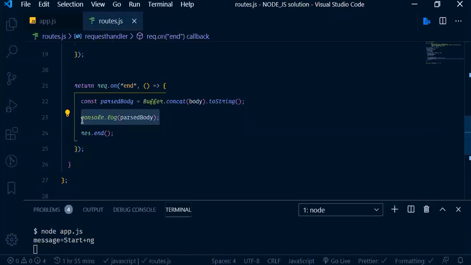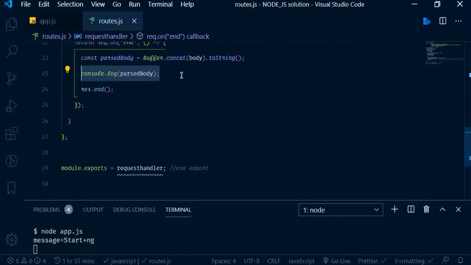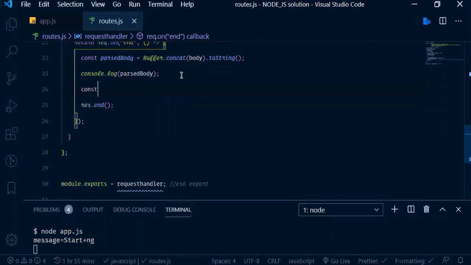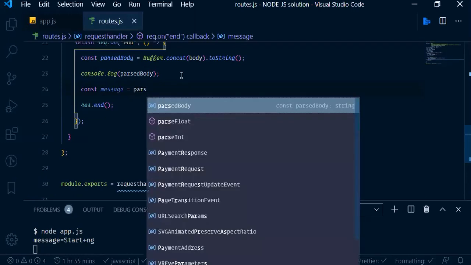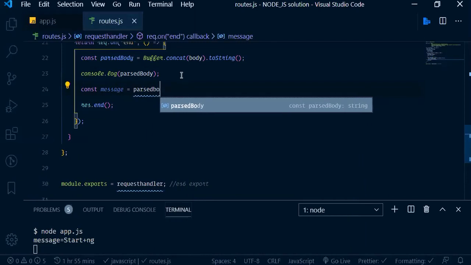But we don't really want a message in this format. We need to parse it, make it look stylish and good. So I'm just going to simply parse it. This might be a little bit advanced, I would say, but I don't want you to get lost. So I'm going to do const message equals to parse body, sorry,